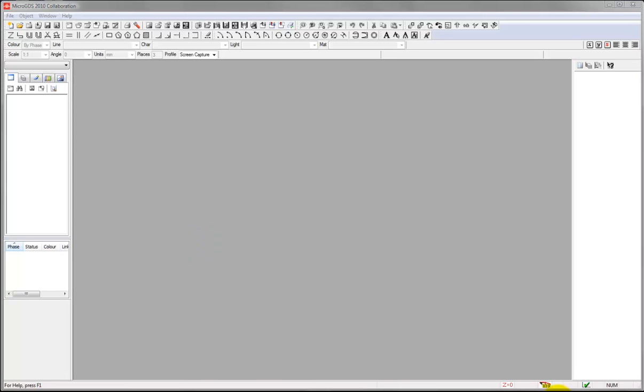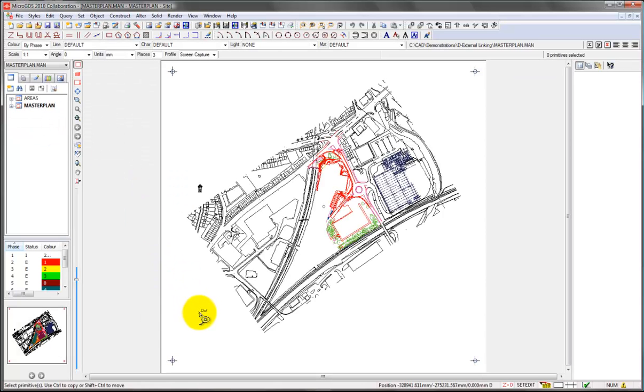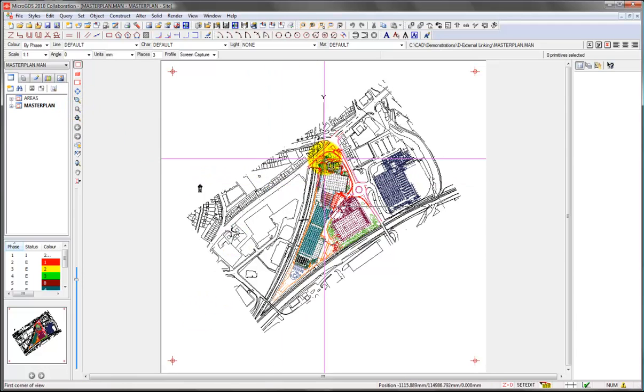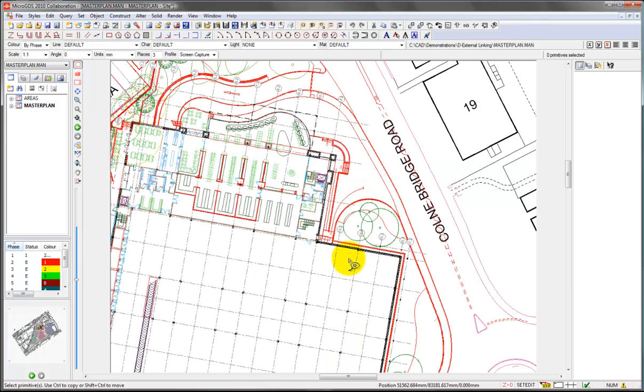For our next example, we're going to look at another real master planning project that I've been involved with, and this time this is for an industrial complex for a major international company, showing their headquarters campus and the various stages of development that have already been completed and some that are planned for the coming years. You can see that we've actually got this at a much more advanced stage than anything we've looked at previously,